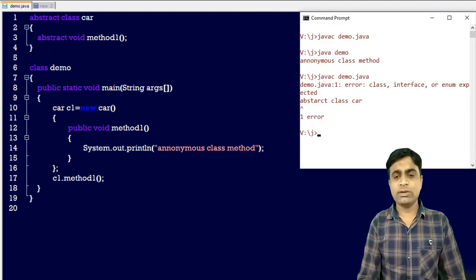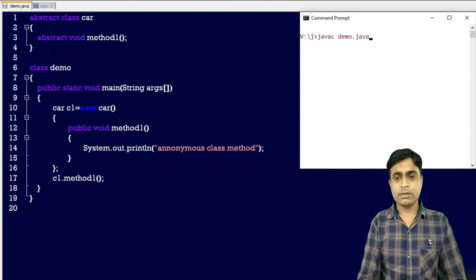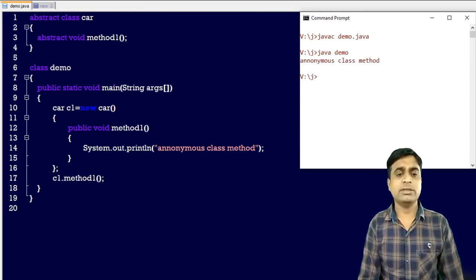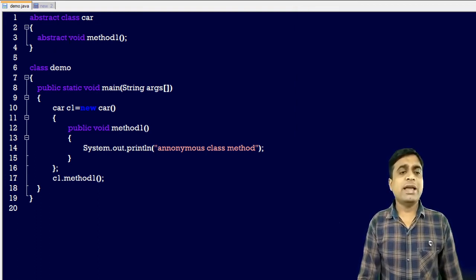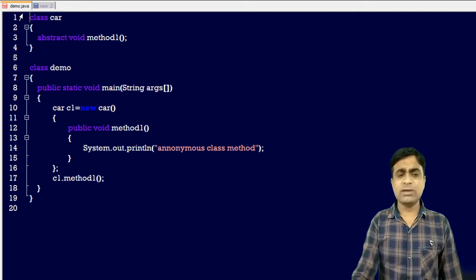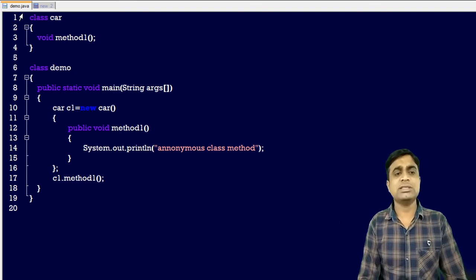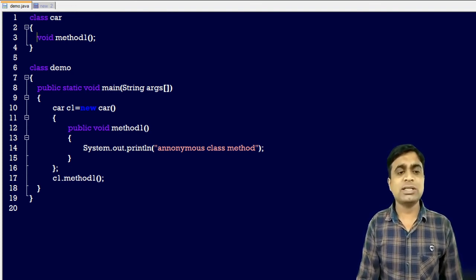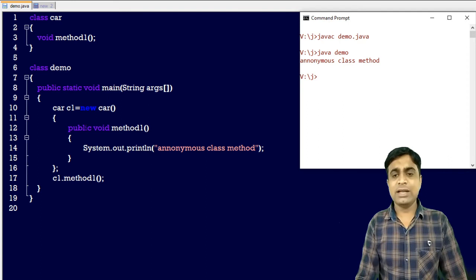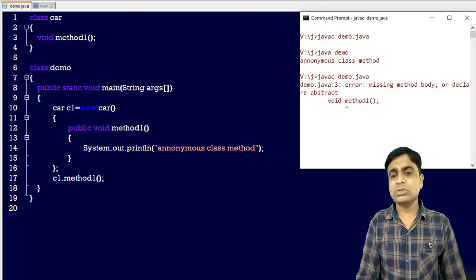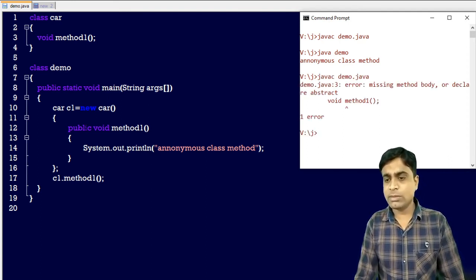You can also create it for a normal class. Now if you compile and run it again, you can see the same message, anonymous class method. So I have created an abstract class here. The last example is for the interface. You can also do it with a normal class, but for a normal class you cannot use this concept. If you run and compile it again, it will show an error: declare abstract class.